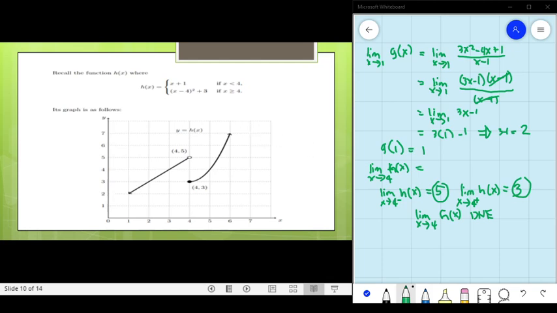So we learned that from the left of 4, the limit of h of x as x approaches 4 from the left is approaching 5. So makita nato kani sa atong graph, and the limit of h of x as x approaching 4 from the right,